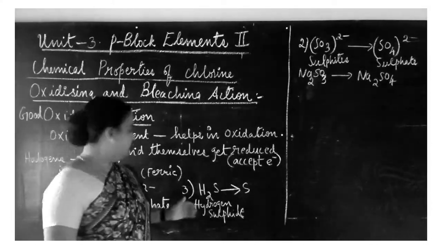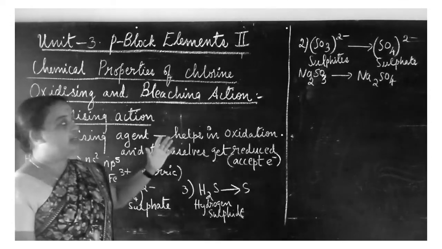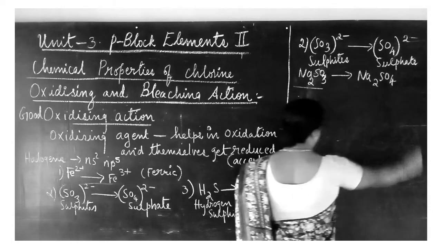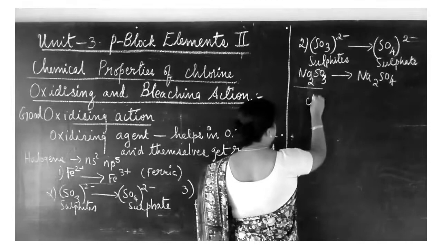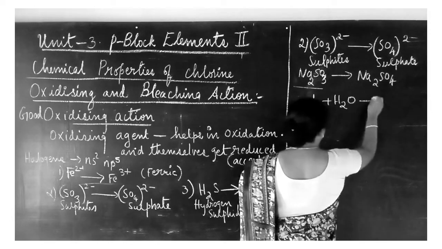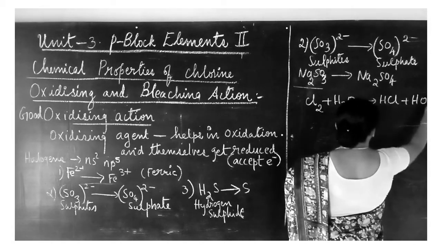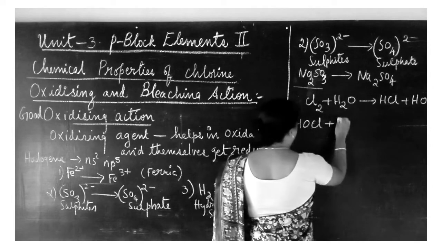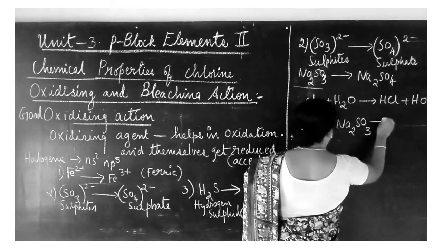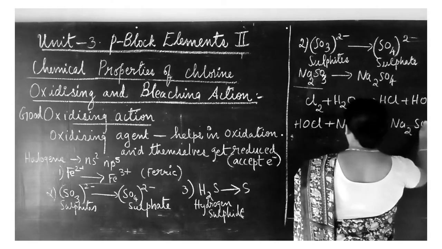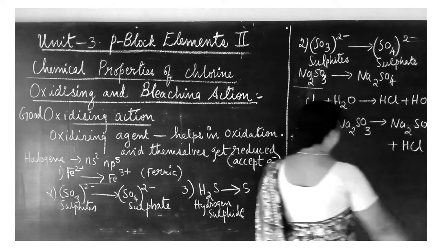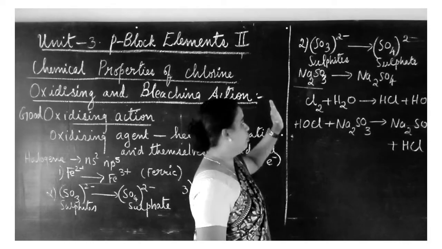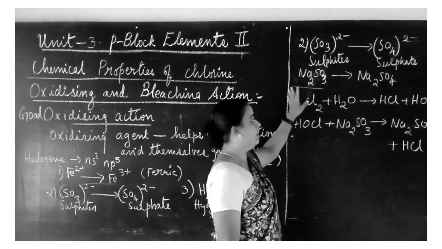Fine. Next. Now let us see the second oxidizing action of chlorine, that is converting the sulphides to sulphate. Taking the example of sodium sulphide getting oxidized to sodium sulphate. So this reaction let us see now. First, as we know, chlorine gas reacts with water to give HCl and HOCl. HOCl is your hypochlorous acid. Now this HOCl, hypochlorous acid, reacts with sodium sulphide, Na2SO3, to give Na2SO4 and HCl. Yes, so this is the reaction taking place where chlorine is acting as an oxidizing agent, oxidizing sodium sulphide to sodium